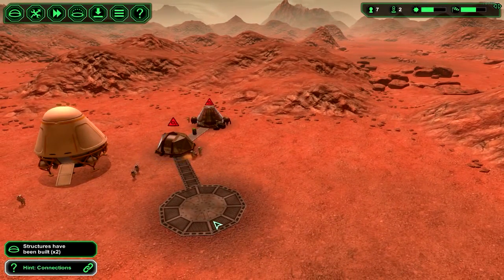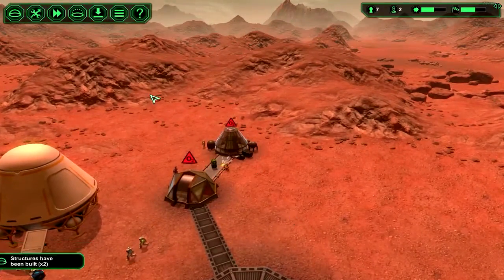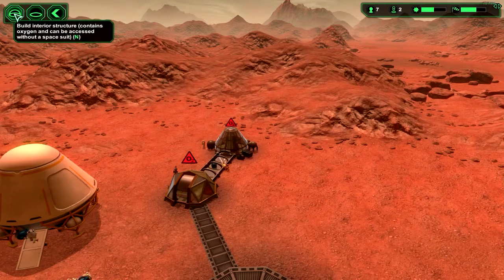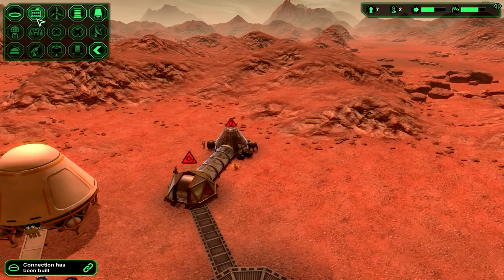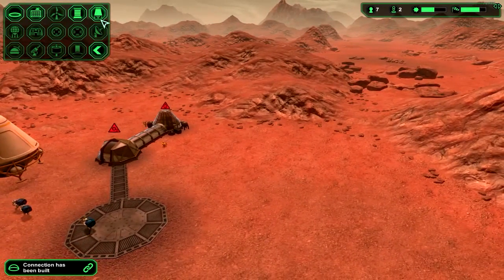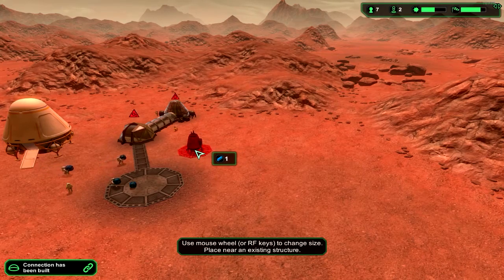But it gives me the necessary power. So to get those different options, just scroll your mouse button to select those different ones. I'll show you here in a second. And we also need a water extractor, and we'll probably